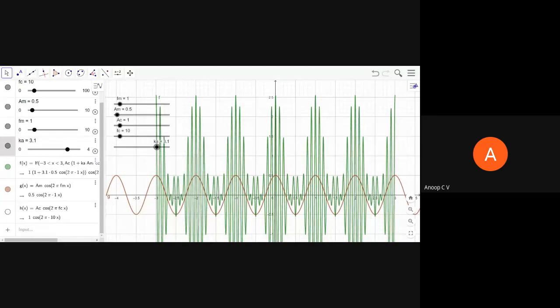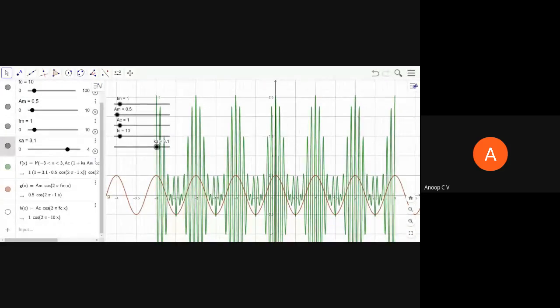And I've already shared it in Canvas. I request everyone to play around with this, right? And if you have any doubt, I'll help you through. But it's pretty straightforward. It's like a calculator which can visualize graphs or waveforms, right? That's it. And you don't have to bother about syntax and all those things. The syntax and everything will be taken care of by this GeoGebra Classic only, right? So maybe a GeoGebra tutorial I'll give later.